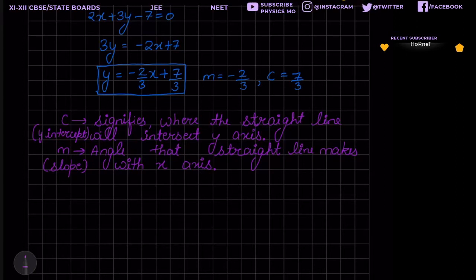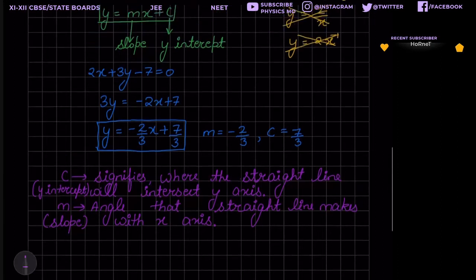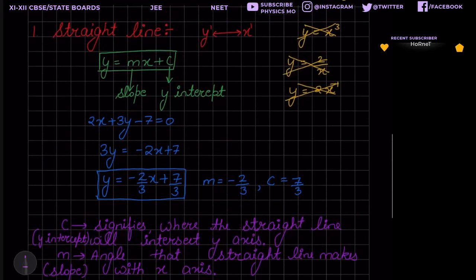Then if you wish to draw such type of graph, अभी आपके पास c का वैल्यू तो आ गया है फिक्स्ड, which is 7/3. तो अभी c के वैल्यू में तो अपने को कोई प्रॉब्लम नहीं है. Are you getting my point? Please confirm. Great. And this value of m signifies